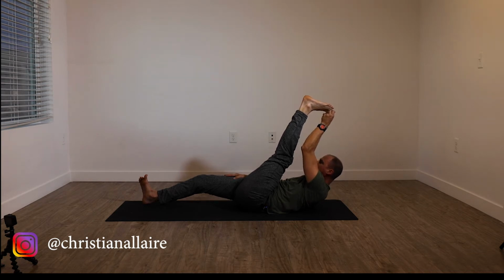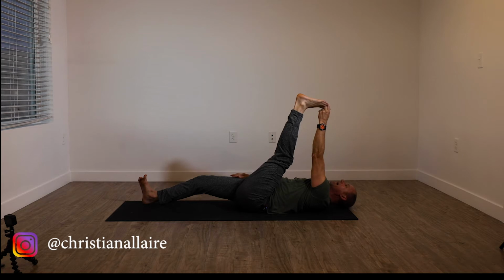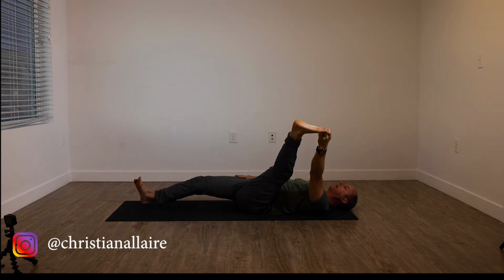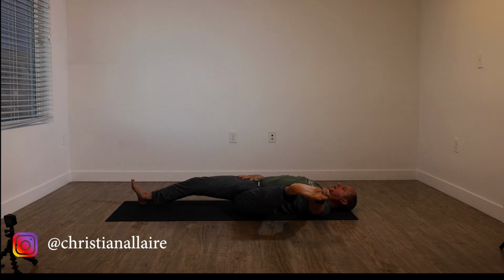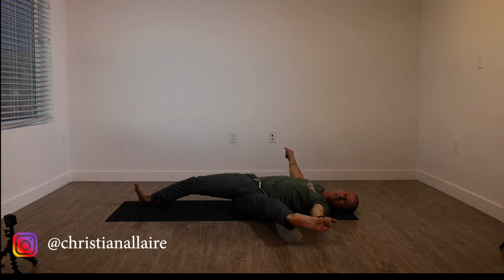Now on the relaxation response, shoulders come back down and we take our left leg out to the side. Try your best to keep the right hip from coming up off the floor. Meaning if the hip lifts a little bit, it's okay, but you don't want to compromise and have the right hip coming all the way out